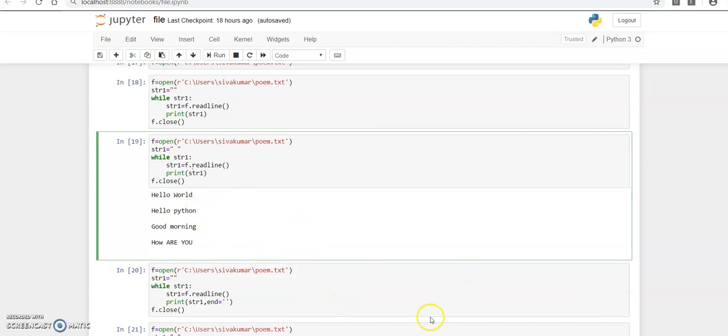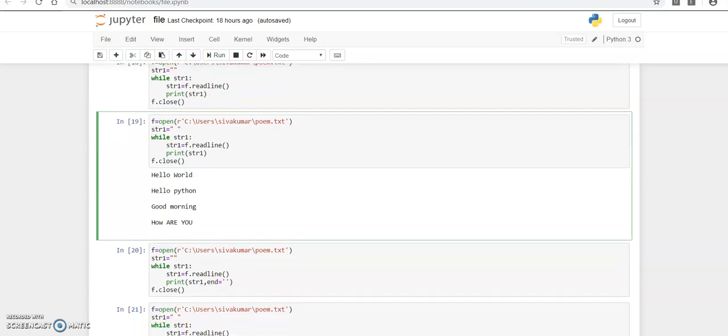Then using a for loop. Here I didn't use any space character in the print statement, but I have utilized the end character. The default end character is a double space here, but I have used only a single space. I have changed that end variable value to one single space.